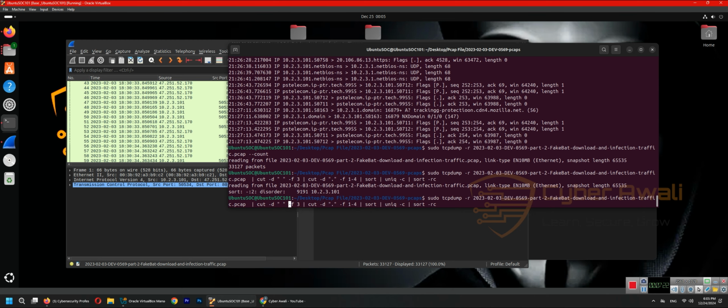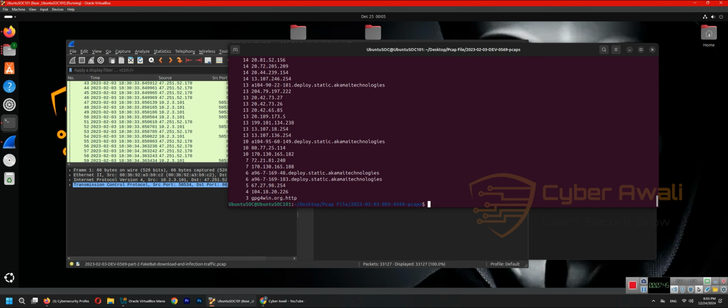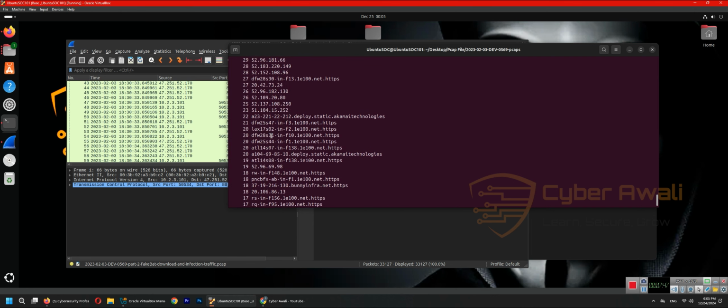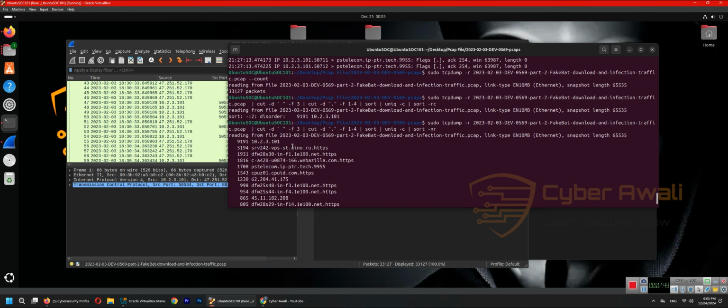Okay, cat field 3, cat D field 1 over sort, and then unique count. Right here, you can see I have to put NR, so I need the top IP source to be in numeric but reverse mode. So right here you can see I found my top source IP address, which is